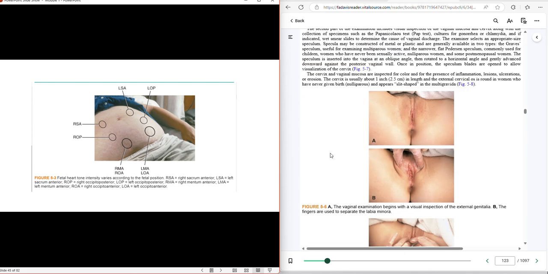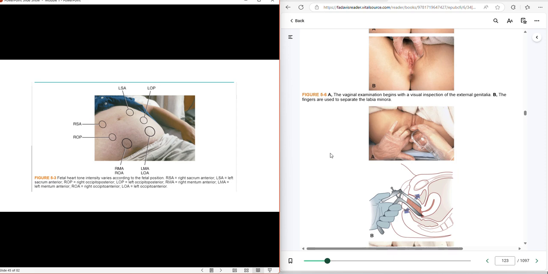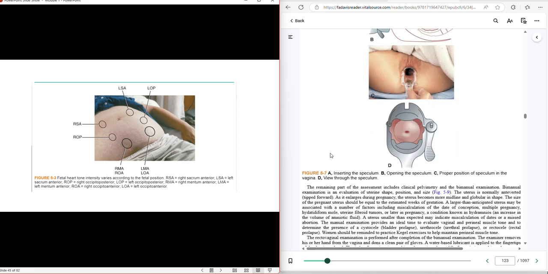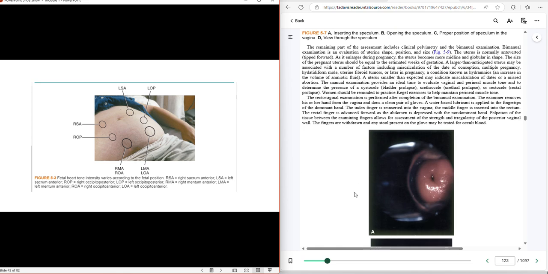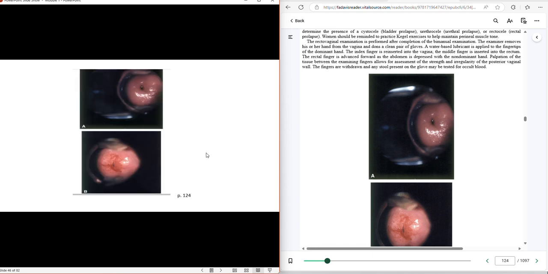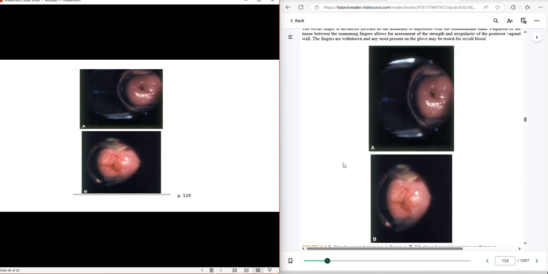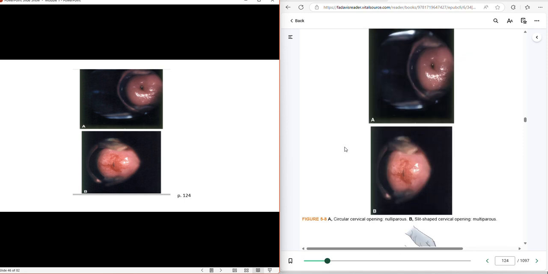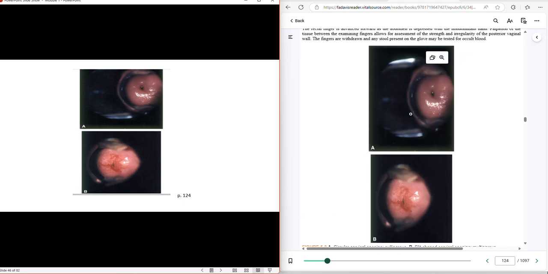This is just showing vaginal exams, speculums. Okay, so inserting the speculum, and then we're going to look on page 124 at the cervix. Okay, in the same picture, 124. This is a cervix. Picture A is a cervix of a nulliparous. That means that no baby has come out of this cervix. Okay, it's still shaped like a